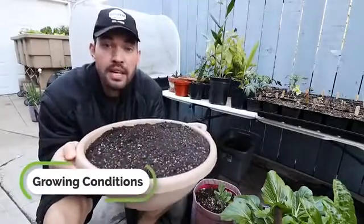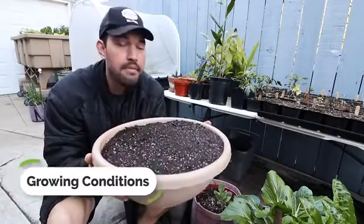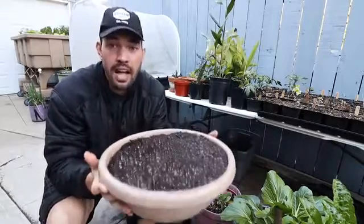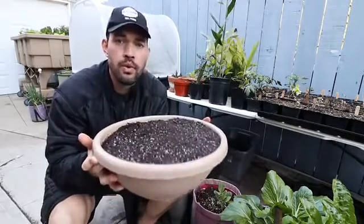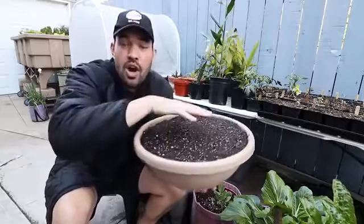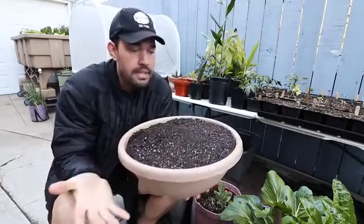So after you've planted it, where do we place it? To understand that, we have to understand, again, where did it come from? It came from Southeast Asia. That's a tropical climate. Tropical climate means lots of rainfall, lots of humidity, lots of heat, and the soil is moist for quite some time. So if we're thinking about that, how do we place our container so that we get some nice sprouting and some good early growth, that means